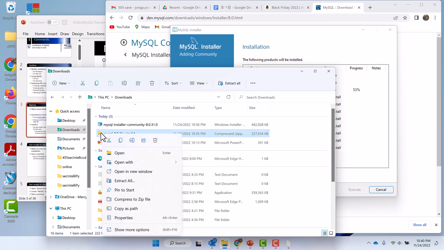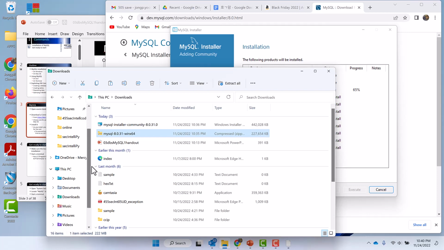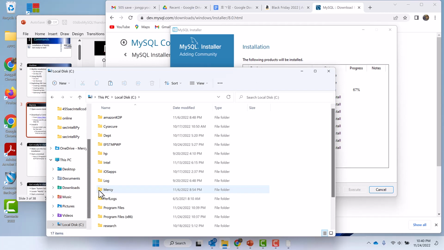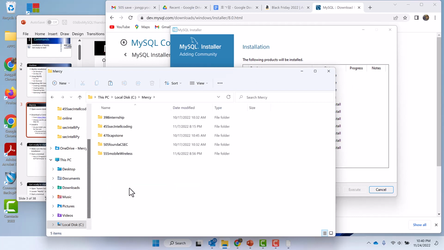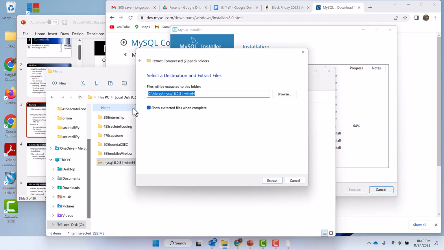apply this, open with, extract all. I want to take this to my PC, C drive, and merge somewhere here. I save it. If I want to extract all,